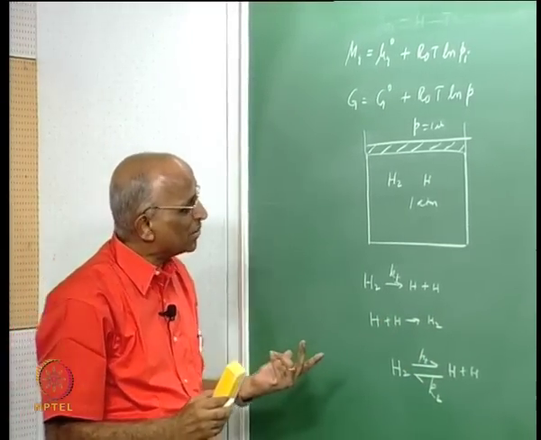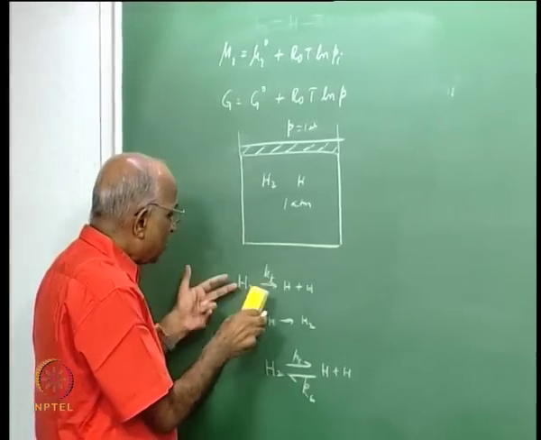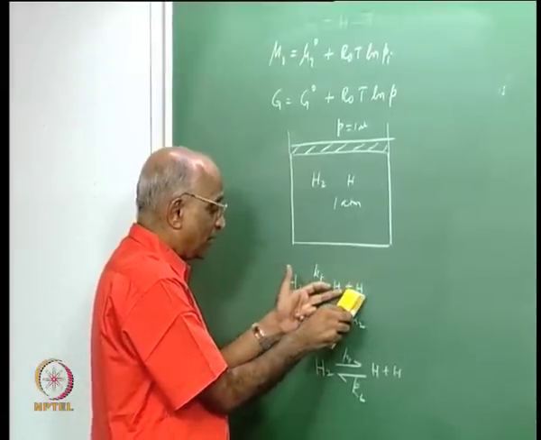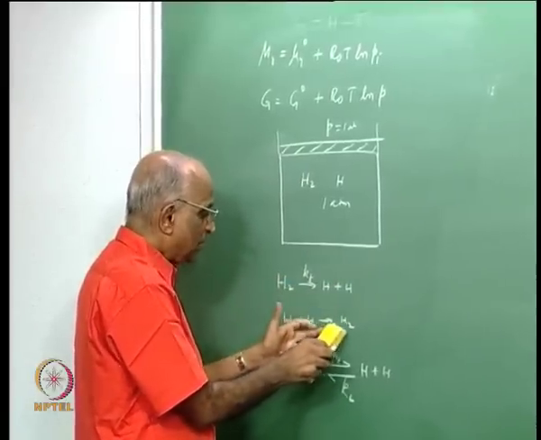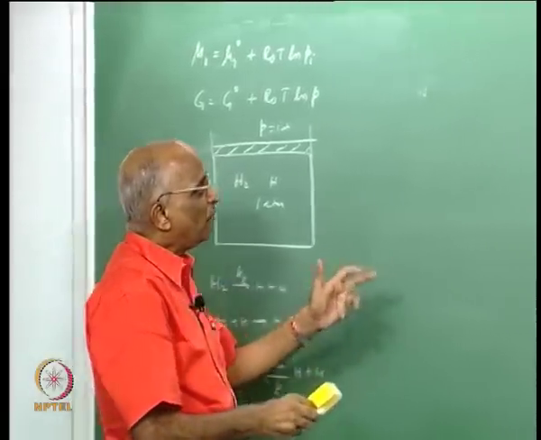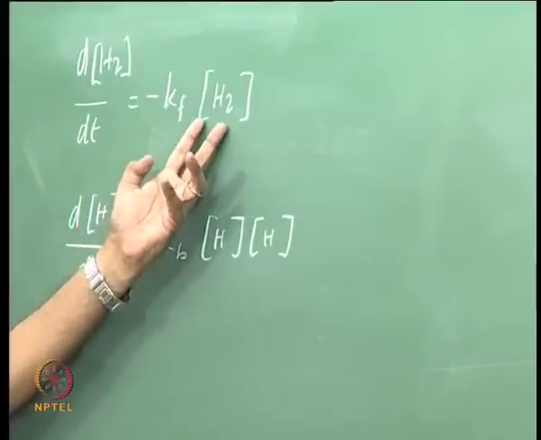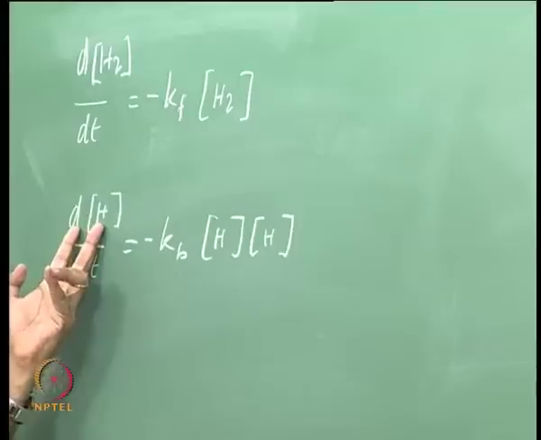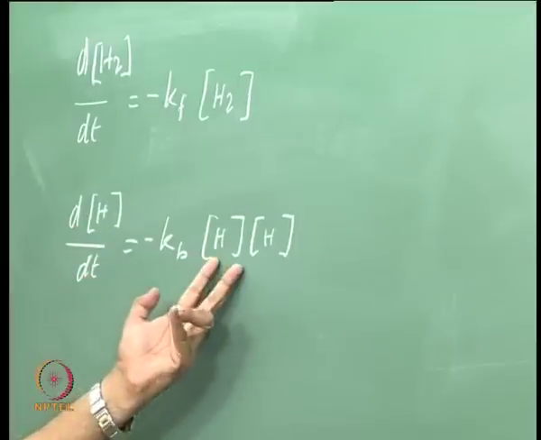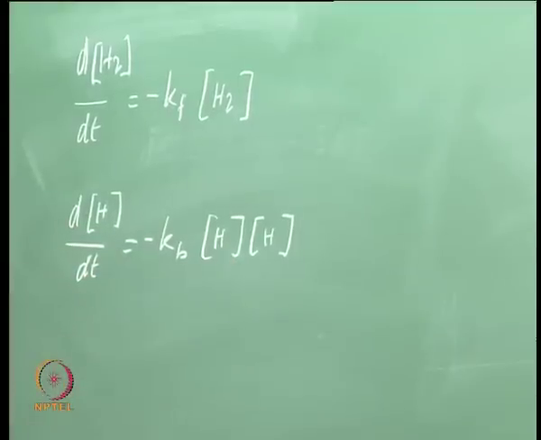Therefore the reaction of H plus H proceeds in this direction, so the rate at which hydrogen gets depleted is proportional to the hydrogen, and the rate at which the H atoms get depleted because of the reverse reaction is in this, and therefore, for equilibrium